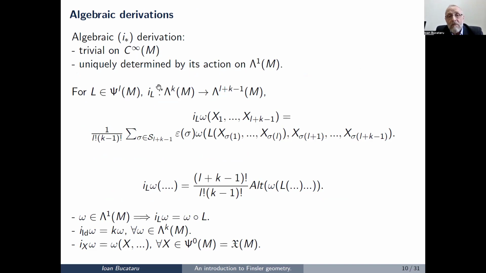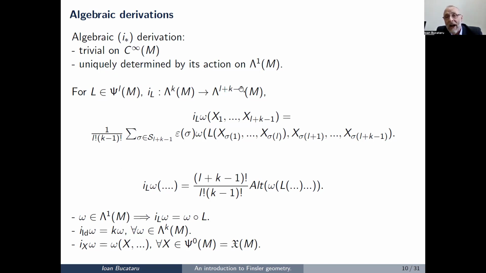What I present here is an example of such derivations, but you will see later that these are the only derivations of this type. So if we have a vector-valued L-form, we can define this derivation of degree